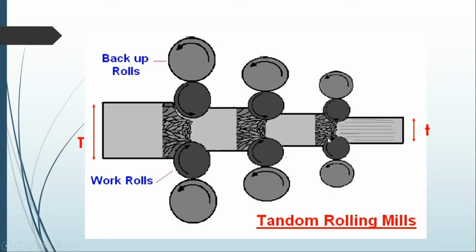Okay, now we can see tandem rolling mills. There is a higher thickness over here and a lower thickness over here. You can see at each attempt we have a definite amount of reduction. These reductions will happen at each stage. For that purpose only we are doing it; within one attempt also it is possible to make the reduction, but we have to give more power. Okay, that's why we are using it step by step and stage by stage.